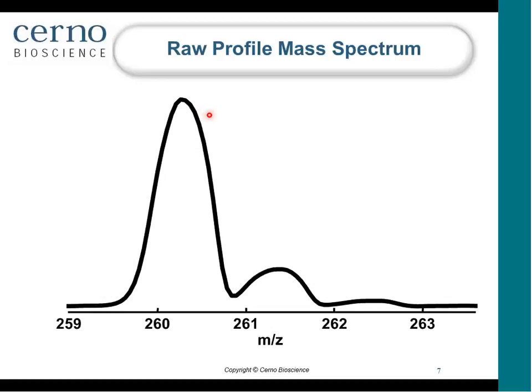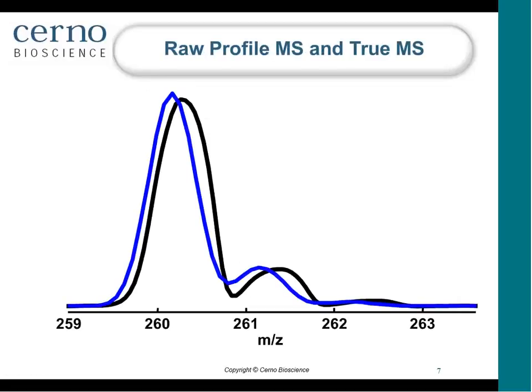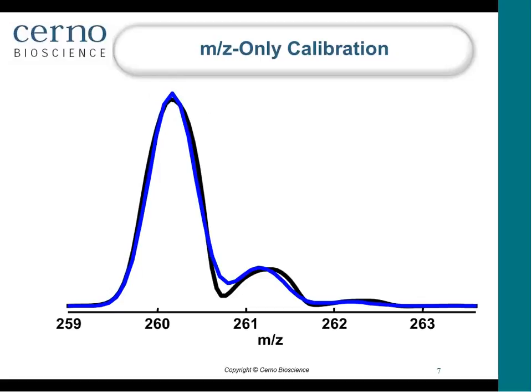And then once that standard has been measured, the peak apex of the monoisotope position would be calculated, and then it will be compared to the peak apex of the theoretical calculation. And in this case, there's obvious difference between the peak apex. And then the conventional mass spectral calibration, regardless of which vendor you might use, would perform a mass spec calibration, which does nothing more than simply moving or shifting the actual measurements to line up with the theoretical measurements so that the peak apex is calibrated, so to speak,